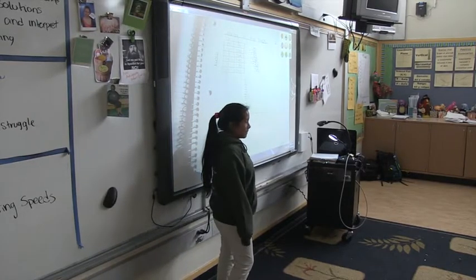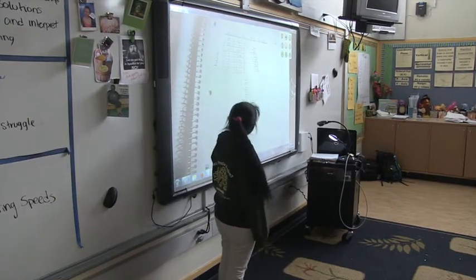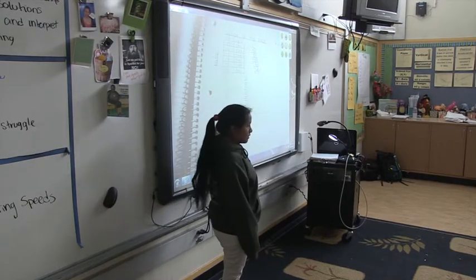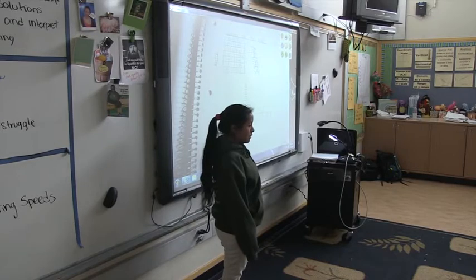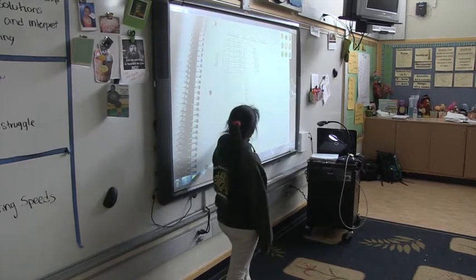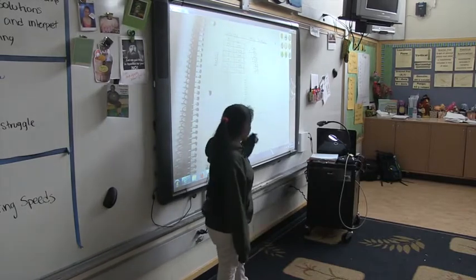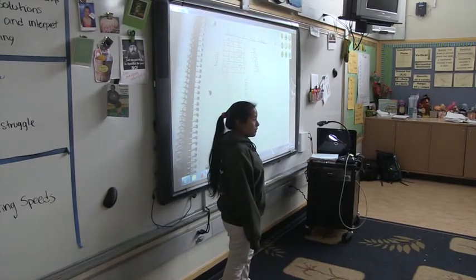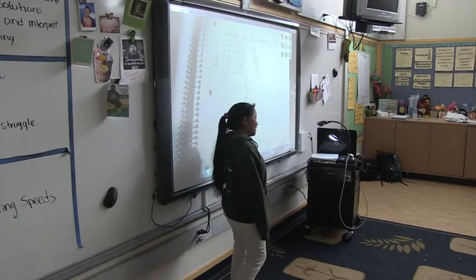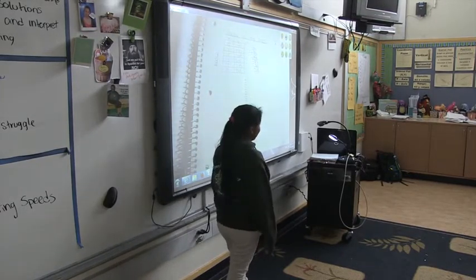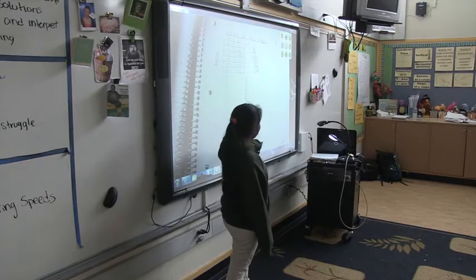For your X and your Y, what are you, because I don't know what you're graphing. What do they represent? Well, this represents the weeks, and then this represents the growth. Why isn't it go with time on the, weeks on the list and growth on the... Because weeks is a time, and then